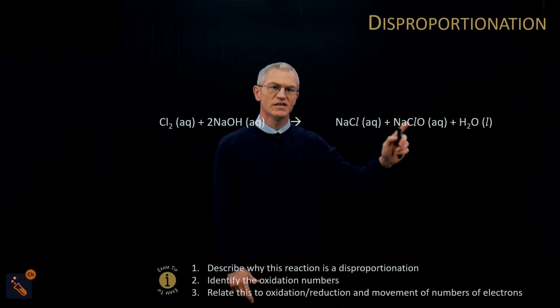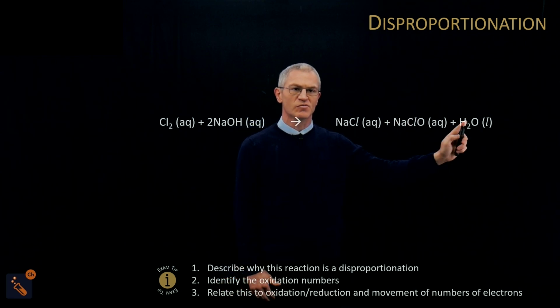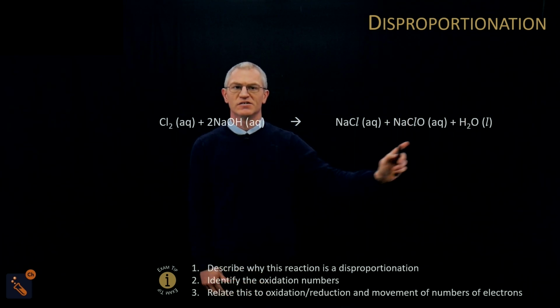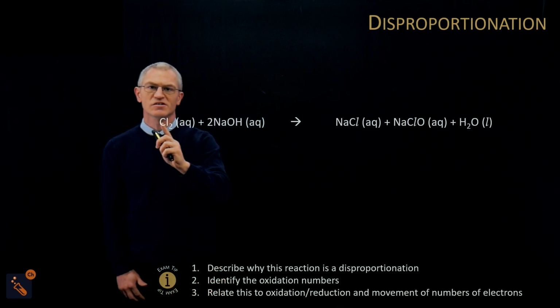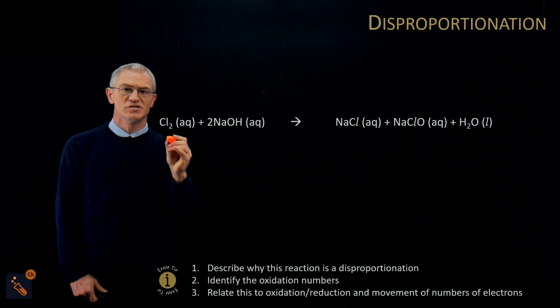This chlorate is often used as a bleach. So you see something with chlorate in, normally used as a bleach. Now we've got water as well in the liquid state. And if we look at this and we go along and do our oxidation numbers again,